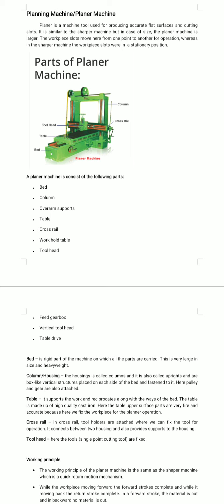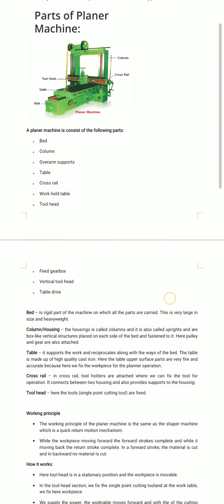Number 3, table. The table is a rectangular cast iron casting having an accurately machined top surface to locate the work accurately. Slots are provided on the entire length of the table to hold the work properly. At each end of the table, a hollowed space is provided to collect the chips, and a groove is cut on each side for clamping